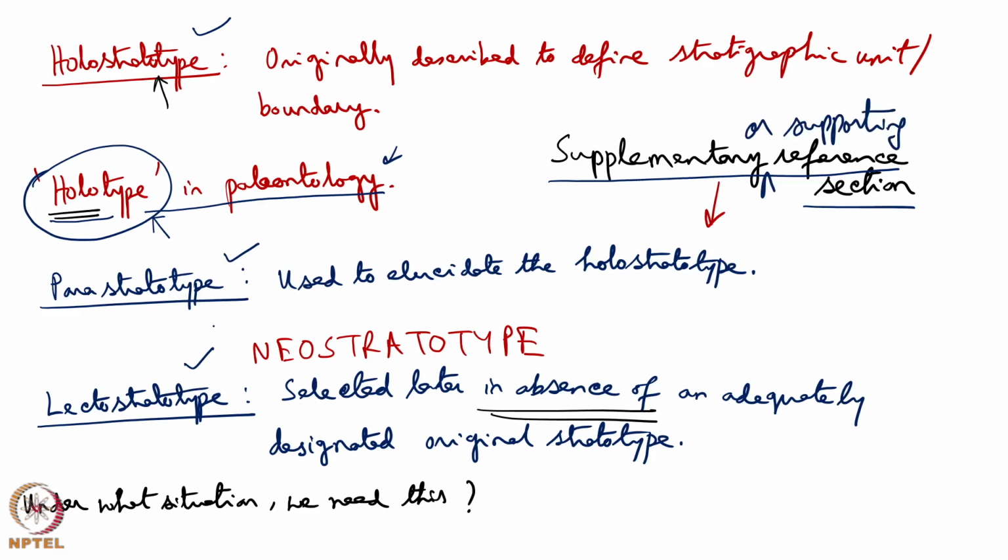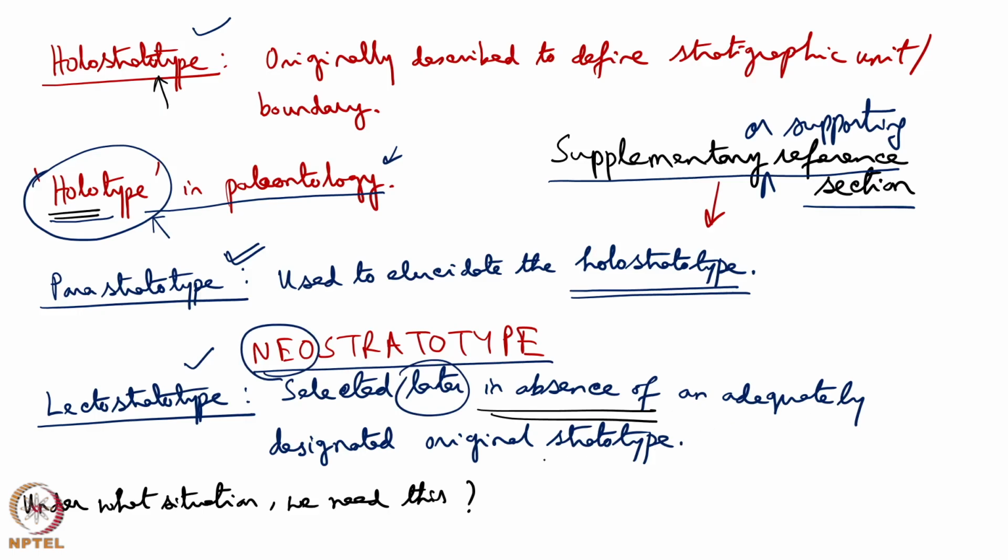A parastratotype is used to elucidate the holostratotype. To further explain holostratotype, we need another stratotype which is called parastratotype. Lectostratotype or neostratotype is selected later. Since it is selected later, it is a neo, the latest one, in absence of an adequately designated original